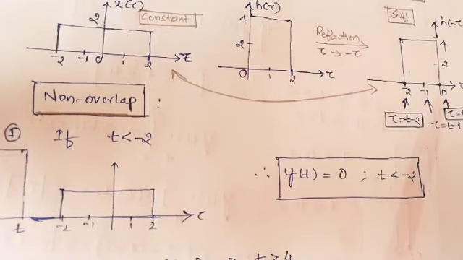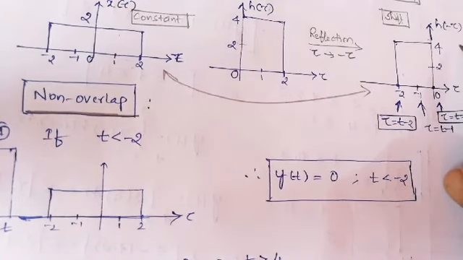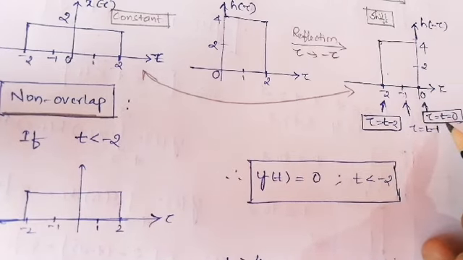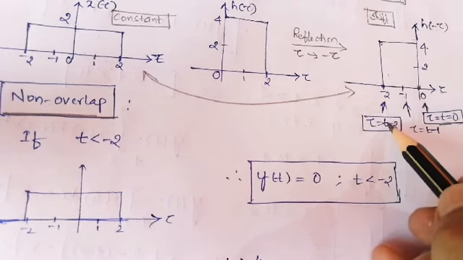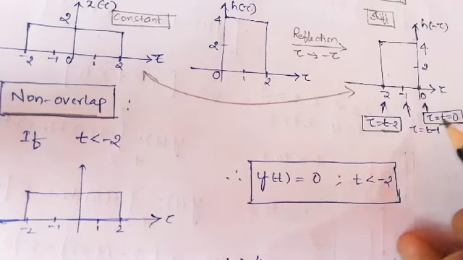In the previous videos we discussed one sequence finite and another infinite, and in some cases both infinite, but in this case both sequences have finite durations. Hence for the second sequence h of minus tau we have two ends. If you substitute t equal to 0 we get the index tau. The first point indicates t, and the second point is t minus 2. So it has two ends.